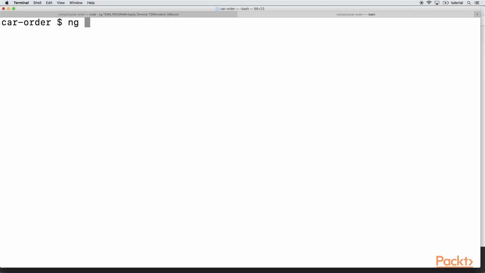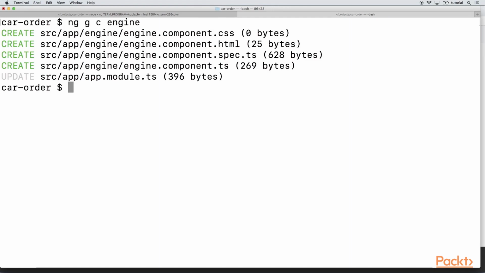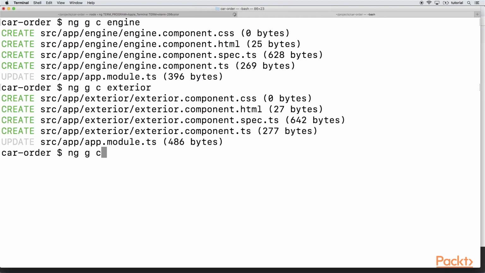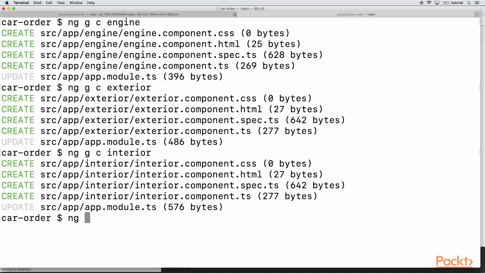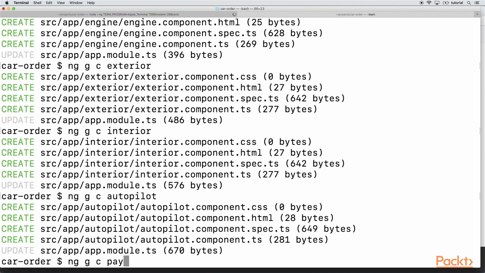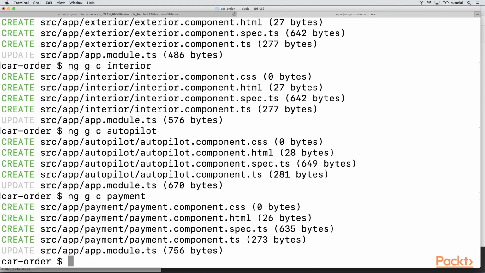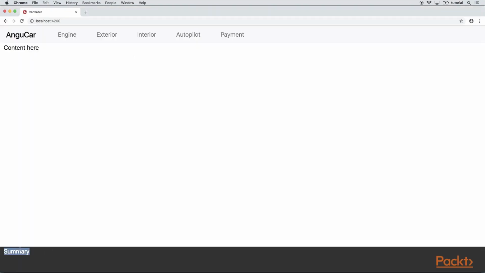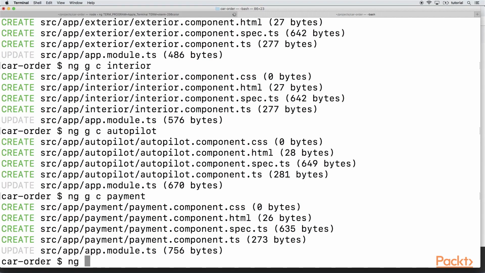As we learned previously, to create a component you need to run ng g c and the name of the component. So G is for generate and C for component. So we will make all of these pages as separate components. So it's engine, exterior, interior, and autopilot, and as well the payment step. That's it. And yeah, we also need some summary at the bottom of the page, so it's going to be